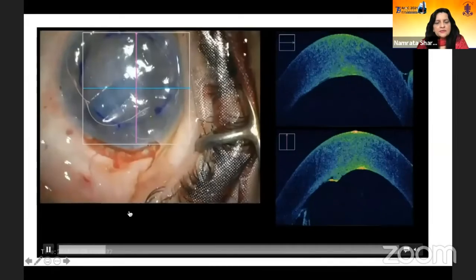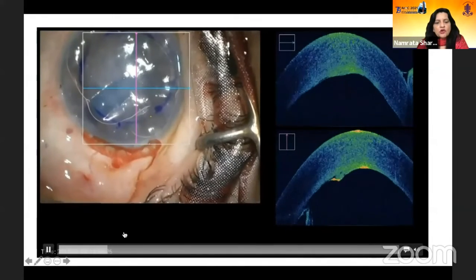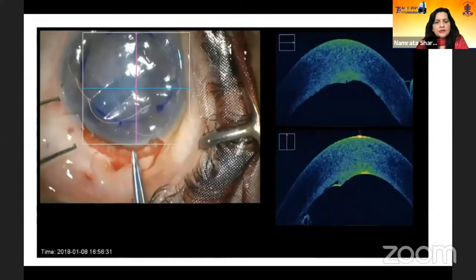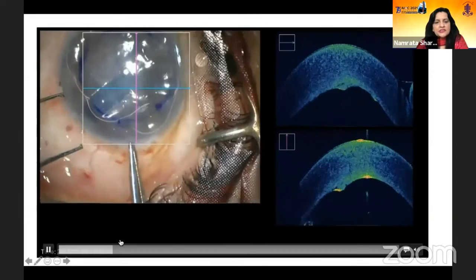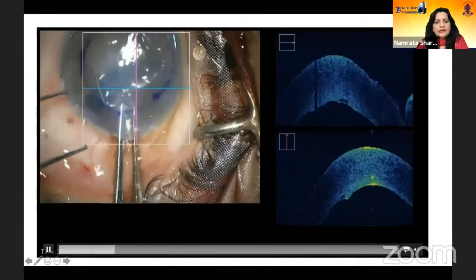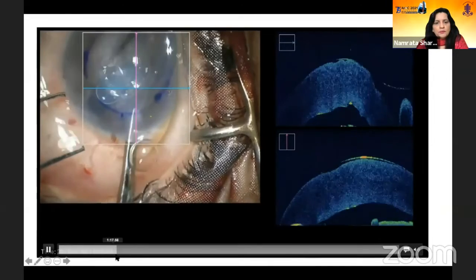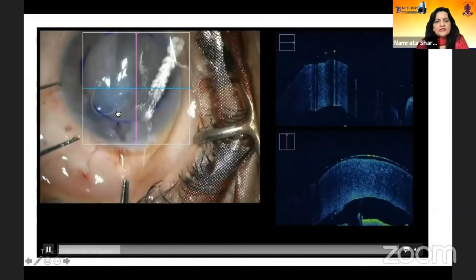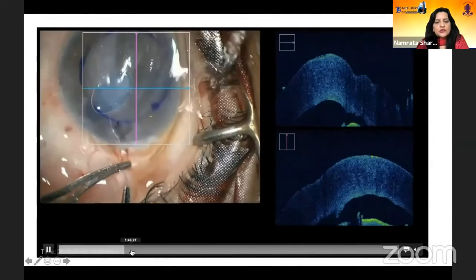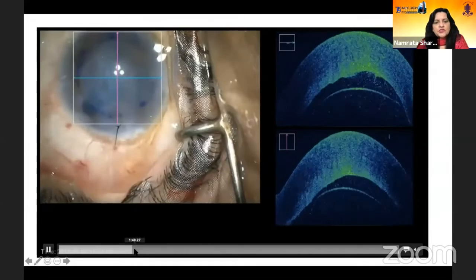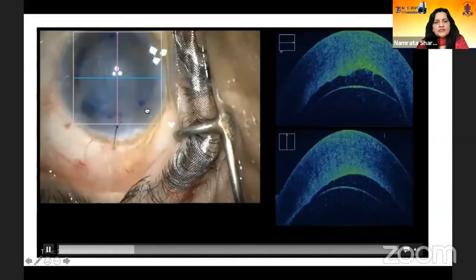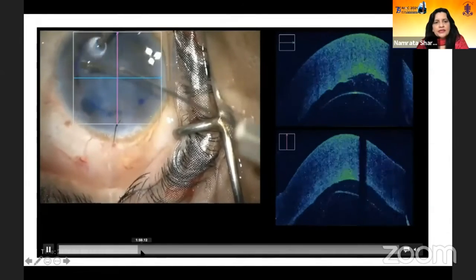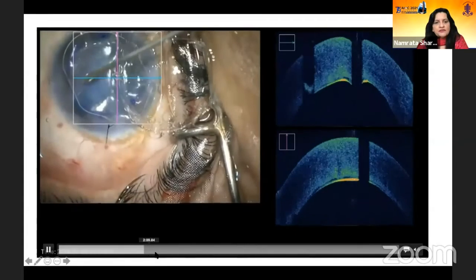This is the diseased Descemet's membrane which has been removed, and following this, one can place a graft inside the anterior chamber. And after placing the graft inside the anterior chamber, one can then unfold it. So these are little remnants which are left, which need to be addressed, because if you leave this inside, then the graft is not going to get stuck to the back of the cornea. And this is the graft which is being placed inside. You can see that the graft is here. You can't make out where the graft is. Of course, you have to stain it with the trypan blue dye. And then subsequently, the air bubble has to be instilled so that the graft gets stuck to the back of